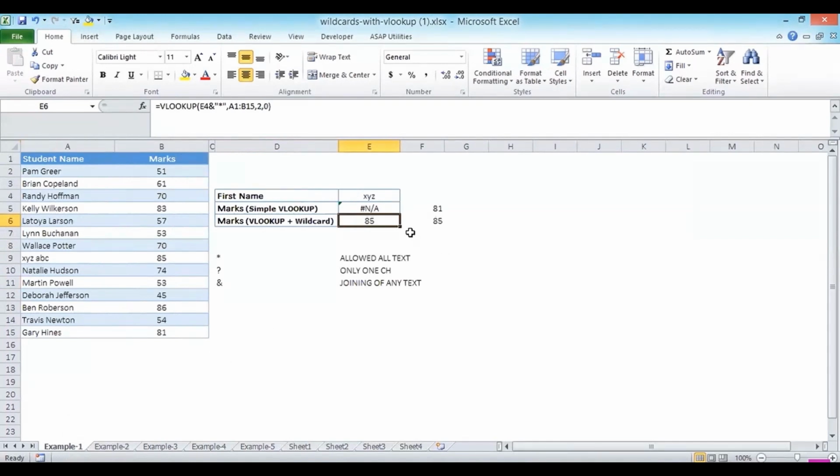We can do a simple VLOOKUP and a VLOOKUP with wildcard character. You can use this wildcard character with the VLOOKUP parameter. So it is very useful from your side whenever you work with VLOOKUP with wildcard characters. So VLOOKUP with wildcard characters question mark, star and tilde operator, you can use this parameter with this one. Now